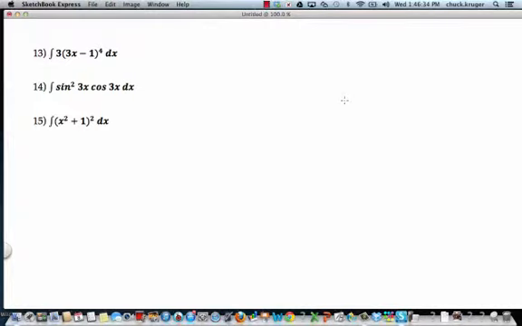Alright, we've got 3 more problems. We're going to do the substitution method before we go on. And so, notice I don't have the rules up here. And so what you're going to do is take a look what's inside these parentheses. I'm going to let u equal 3x minus 1, excuse me, du dx is equal to 3. That means du equals 3 dx. Notice I have my dx here, I have my 3 here, so I can rewrite the integral